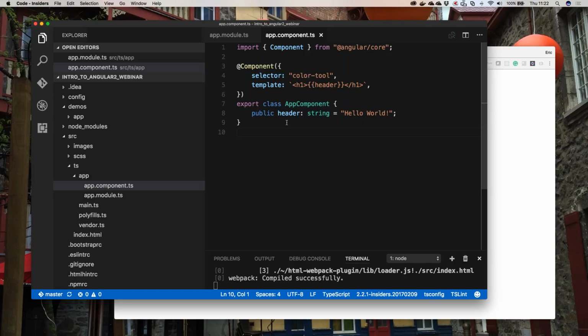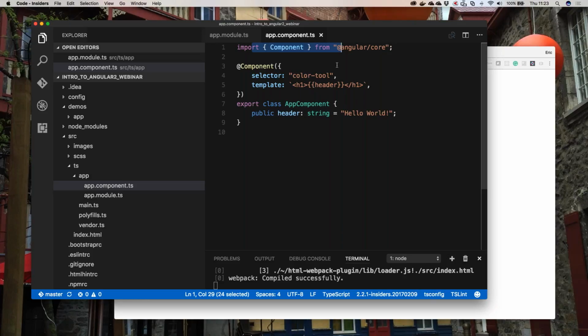Okay? If you take a look at our app component, you're going to see that there's this import component command here at the top. This is going to be pulling in the component decorator. Now, component or decorators in general are not a JavaScript feature. It's going to be a feature that we're going to be using as part of TypeScript. The way that Angular 2 works is that instead of creating classes like a component class or a service class by extending some type of parent component class or parent service class, for example, in React, React extends React.Component,